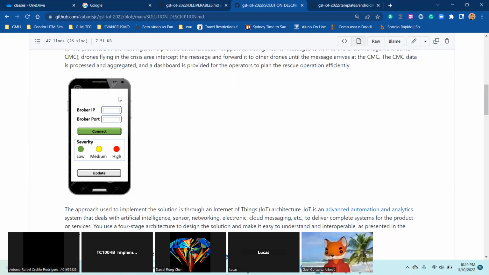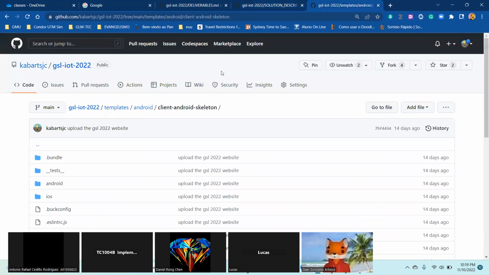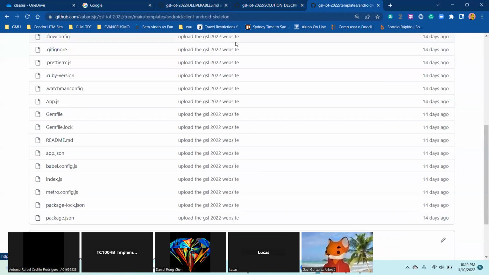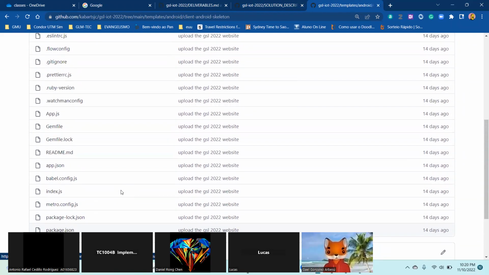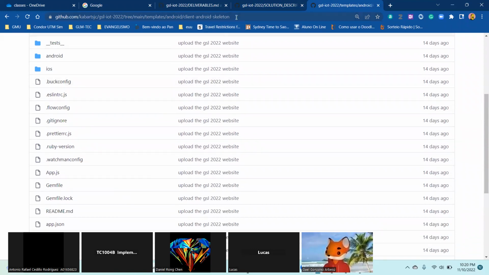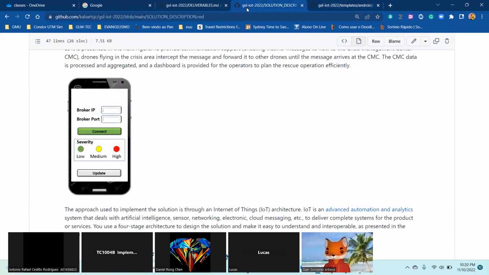She can connect next week at this time to clarify anything that you need. But again, you have the code. It's exactly this code. I created this screen using this code here, and you have the README file showing how to compile. But again, it's a skeleton only. It doesn't have any MQTT connection, anything like that.